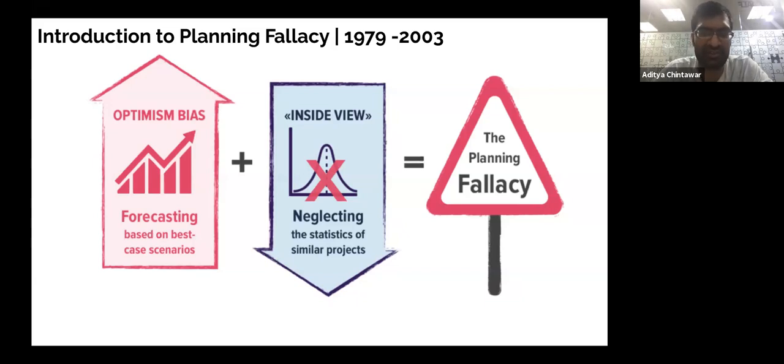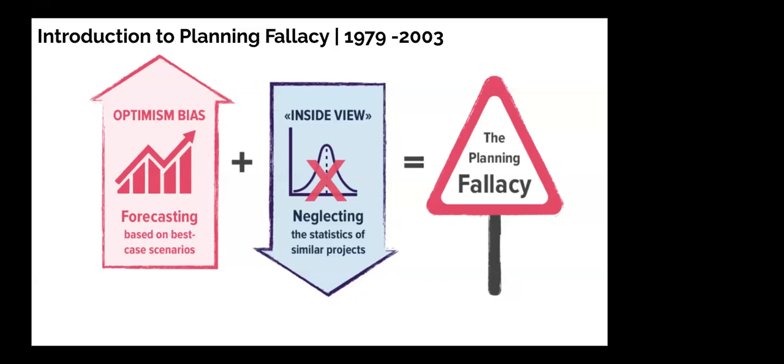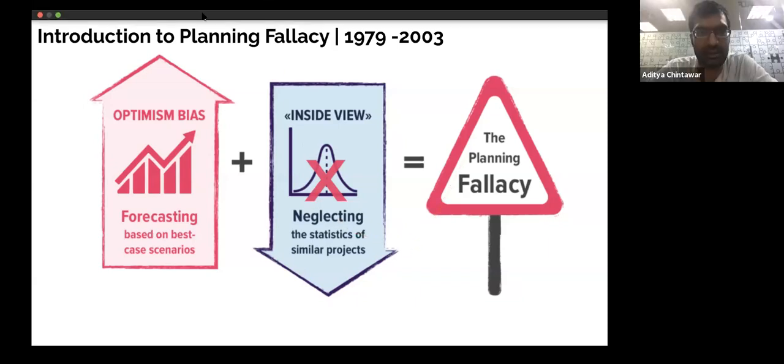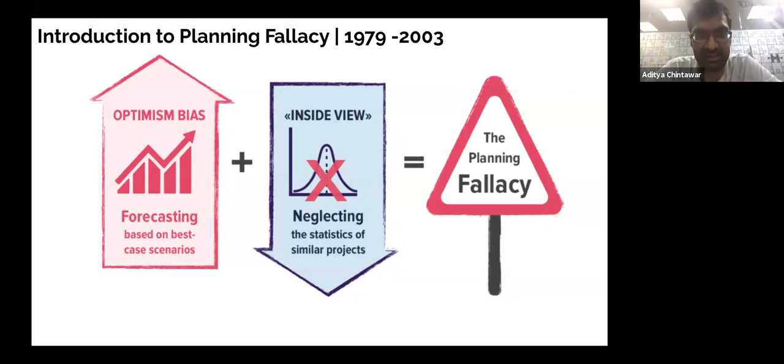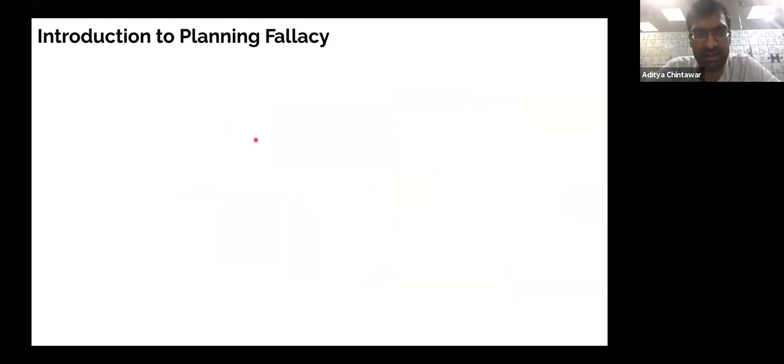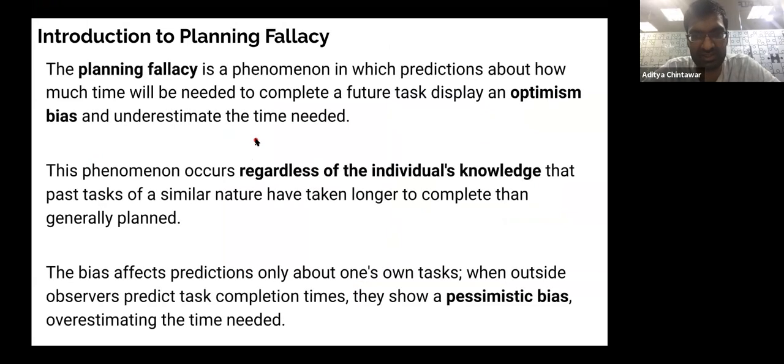Because of the lack of visibility, awareness, or the buffer they keep in, whenever the optimism bias and the pessimistic bias come together, that's when the issue actually happens, and that is what we call the planning fallacy. And the majority of the people tend to fail in that. So just to summarize, the planning fallacy is a phenomenon which is a combination of optimism bias and